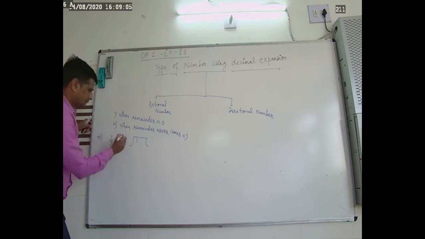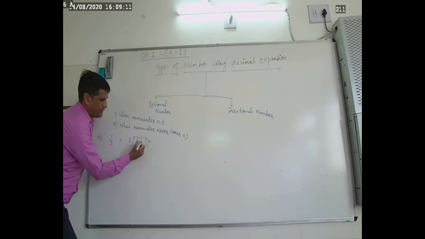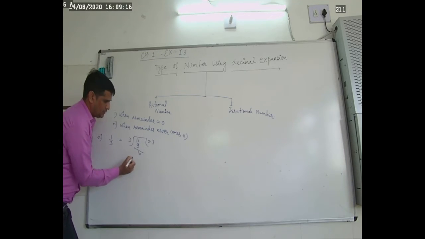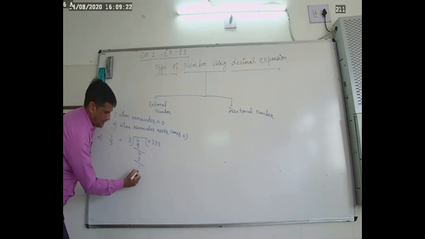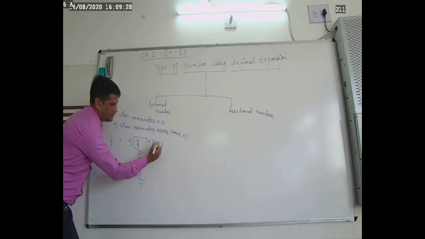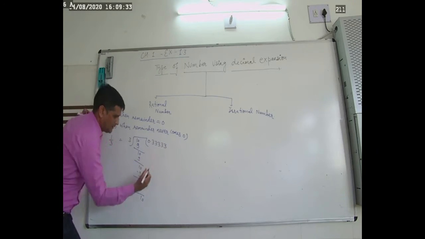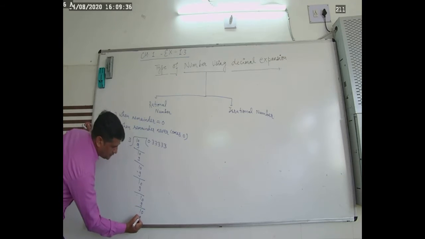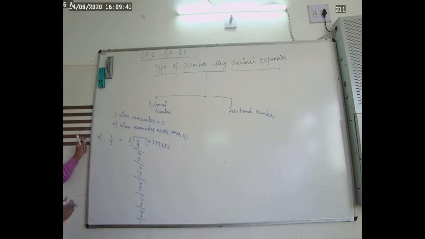This number is less than 3, so 0.3. 3 3s are 9, remainder 1, again 0. 3 3s are 9, again remainder 1, then 0. 3 3s are 9, remainder 1. So what we are assessing is the decimal expansion in which the remainder